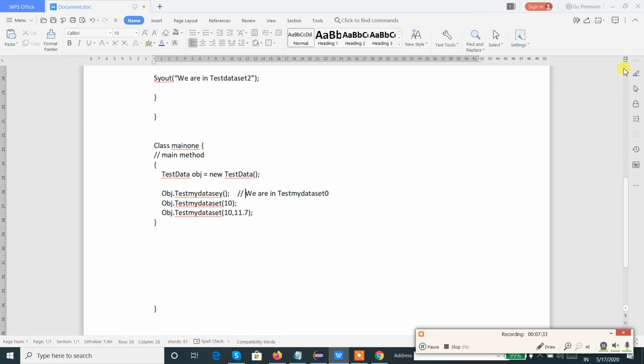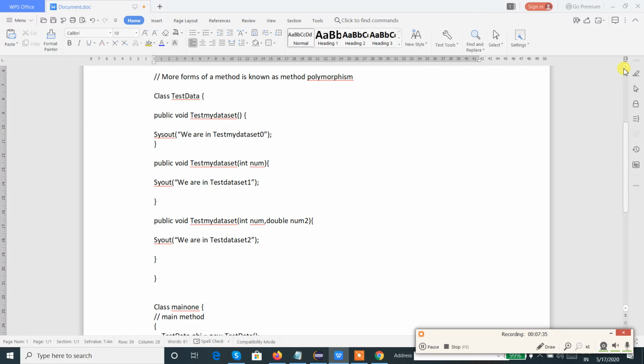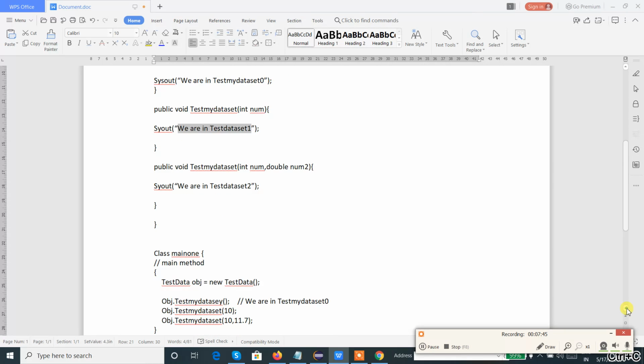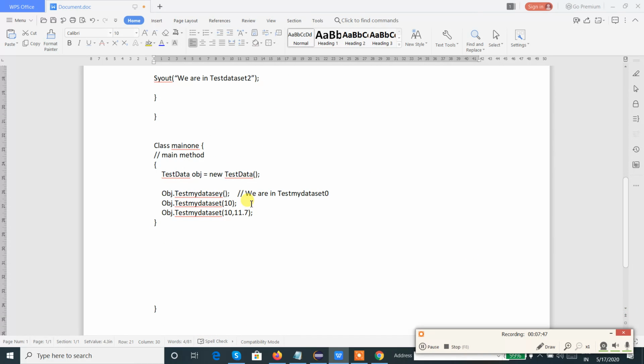Then the next method call is with a single parameter, so it will search for the definition with a single parameter, and this is the output for the second method call. The third method call will go to the method having two parameters and retrieve the output like this.